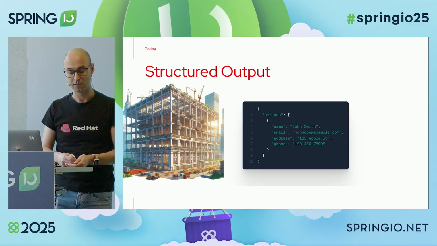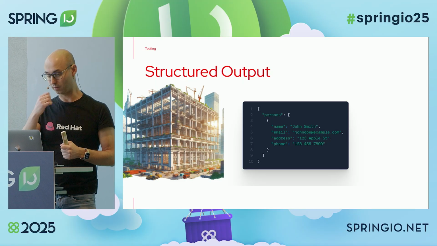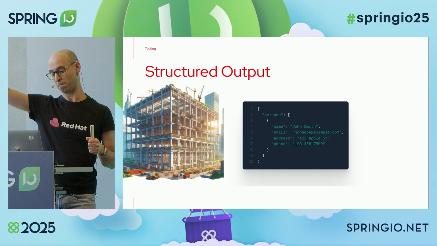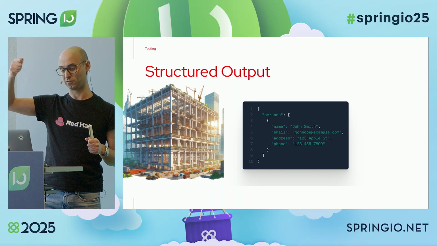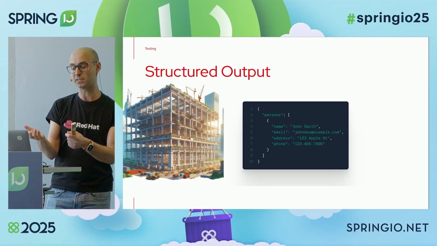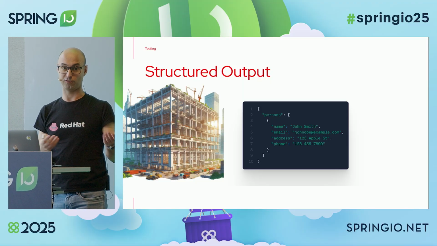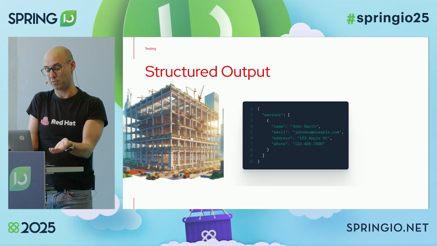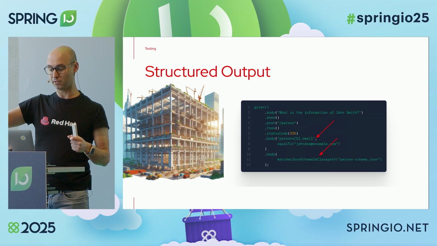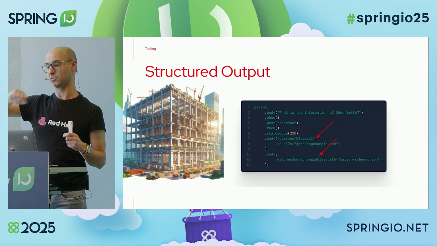So I'm saying to the model, return a JSON object which has this structure: it has persons, an array of persons, where every element has the name, the mail, the address, and the phone. So you can see that this is easier to test, right? Because everything is structured. I can do something like, what is the information of John Smith, and I just send it to the